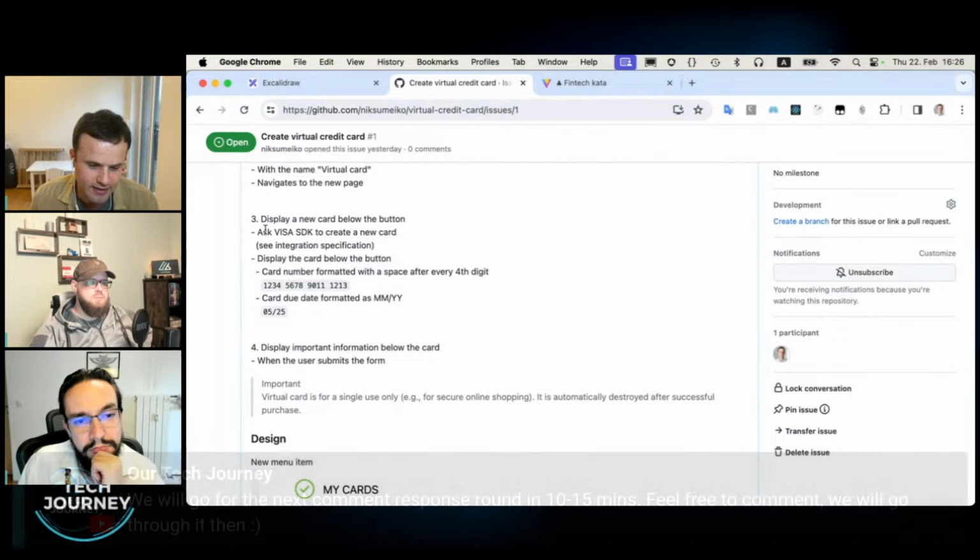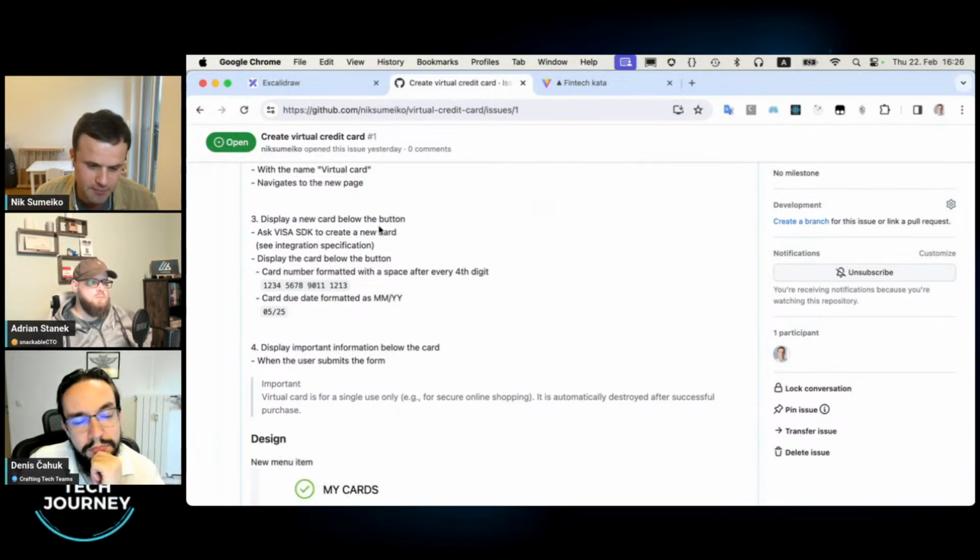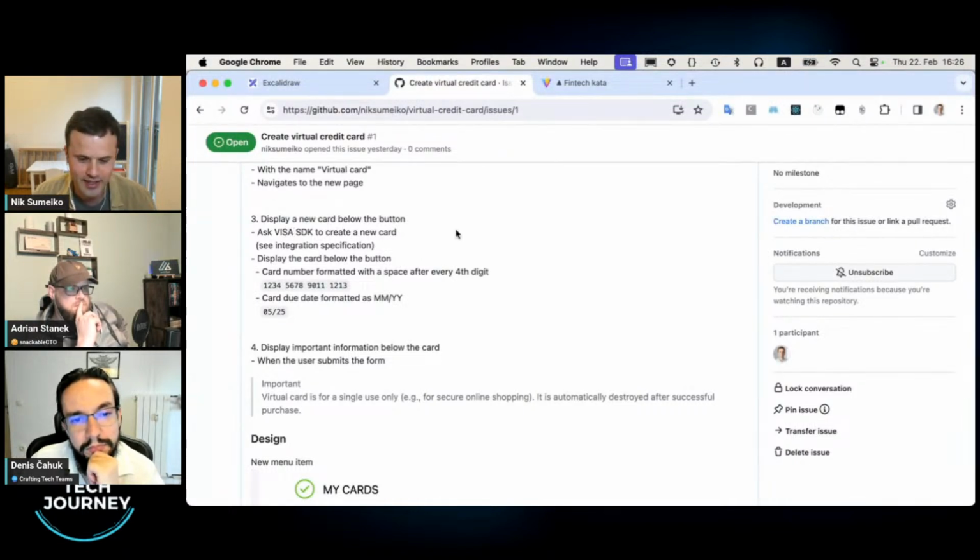And I believe when you click some button within that page, you are supposed to, I see here, connect to some Visa SDK that will help us to create a card actually. And our job will be to ask Visa to do this, get that data from them and display in some format.